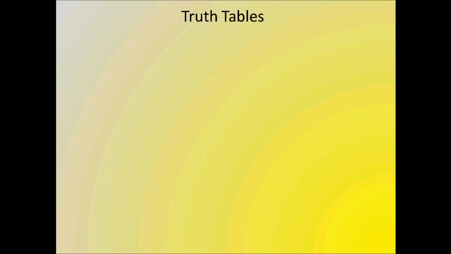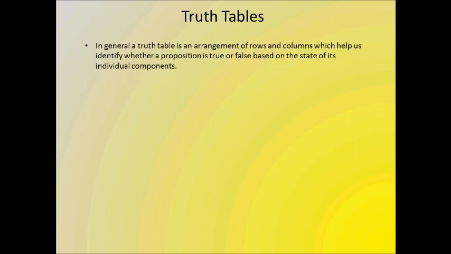Okay, before we move on to individual logic gates, it's important we understand what a truth table is. In mathematics in general, a truth table is basically a table which gives us whether a proposition is true or false based on certain parameters. So you may have A true, B true, and C false, and the truth table will tell you whether the proposition will be true or false based on the parameters.